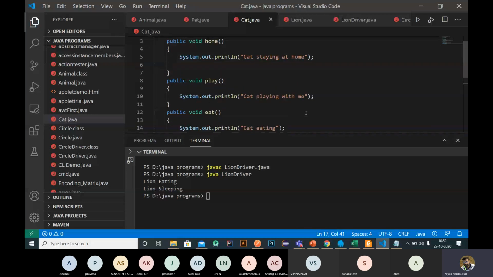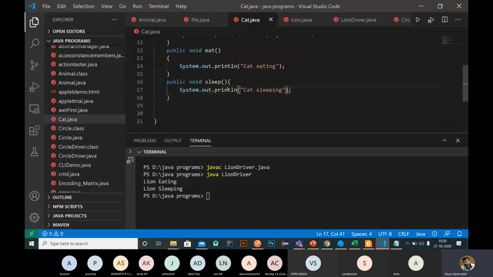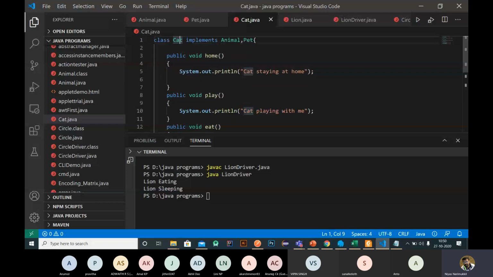Okay, we have home, play, eat, and sleep. So here we implement two interfaces, animal and pet, in the same class. So it is a kind of multiple inheritance thing, right? But it is not possible if you are using the extends keyword.